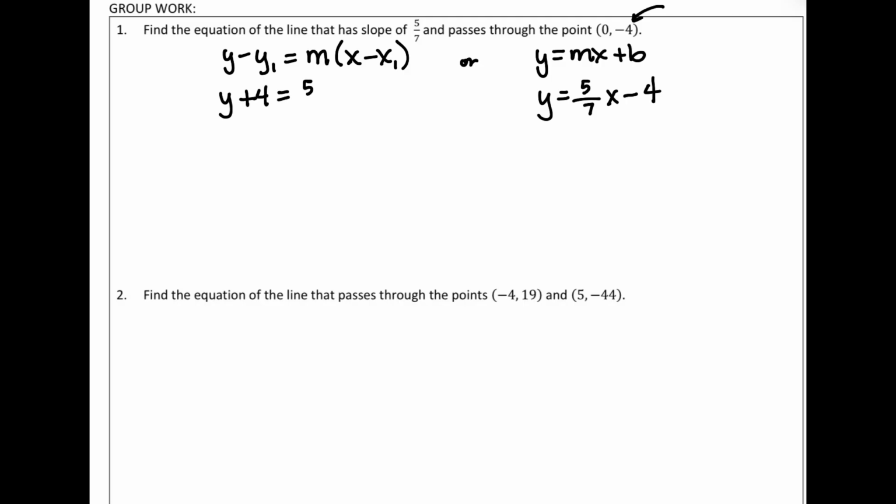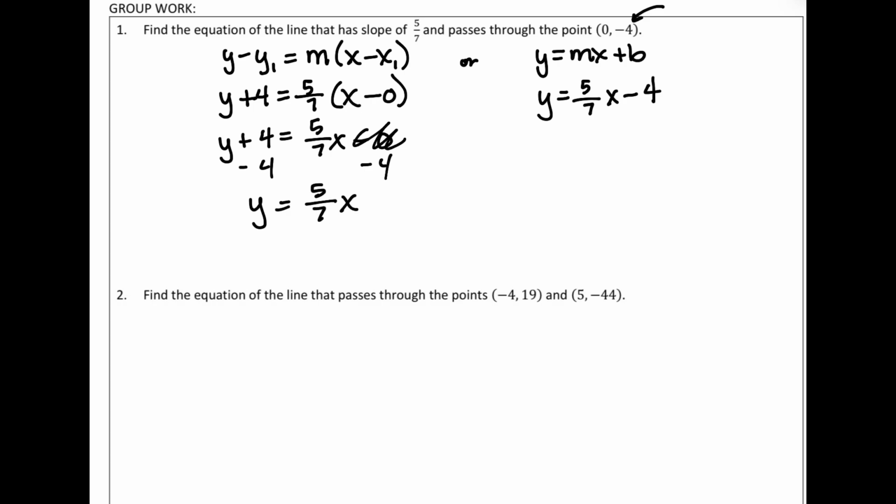So slope is 5/7, and we're going to do x minus 0. So y add 4 is equal to 5/7 x plus, try it again, minus 0, which we don't need, right? So minus 4 minus 4, y is equal to 5/7 x minus 4. Same thing, just went at it a different way because we didn't recognize. Okay, number 2